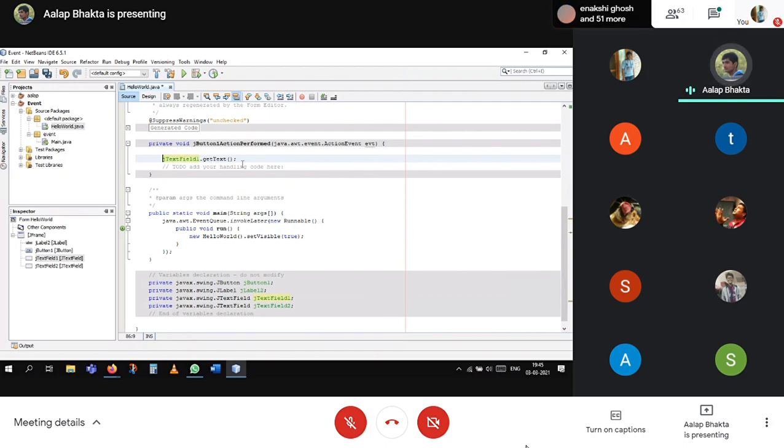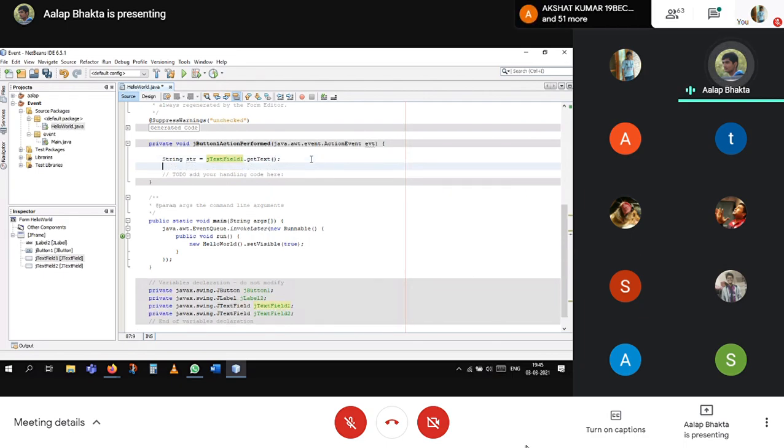So I need to store it somewhere, so I'll store it in a String str. It will be stored in str. The getText gets the character string from the text field and stores it in that data type. So now you want to display it in the second